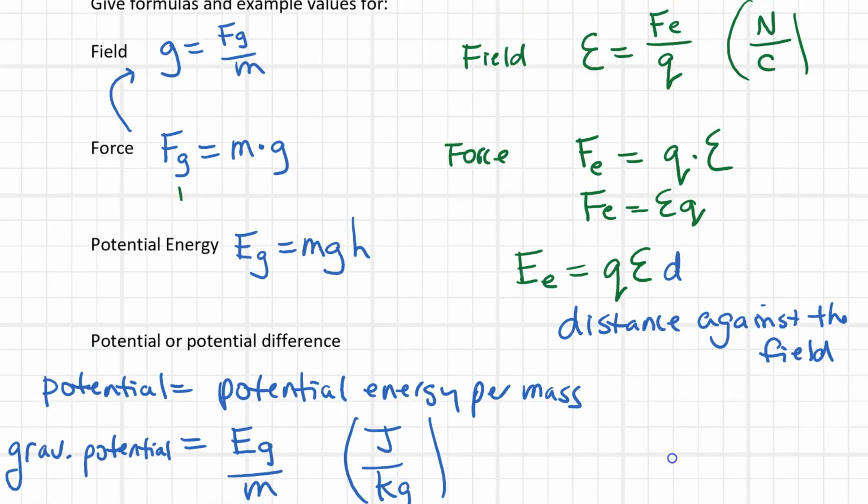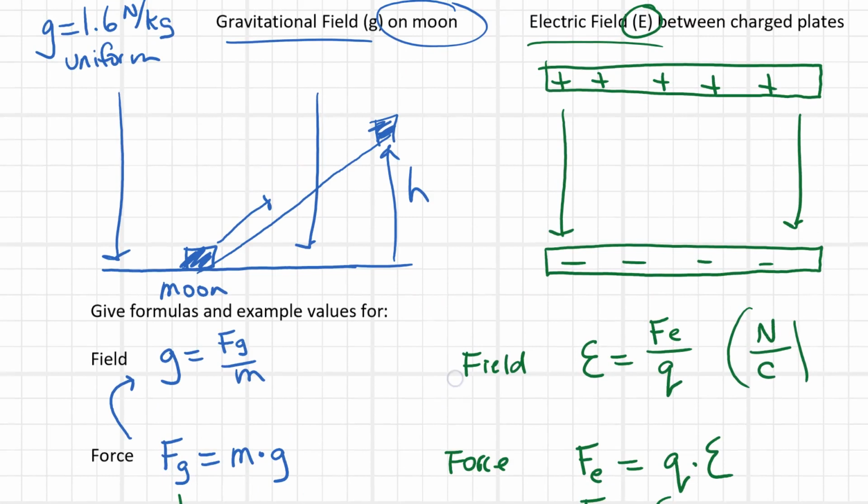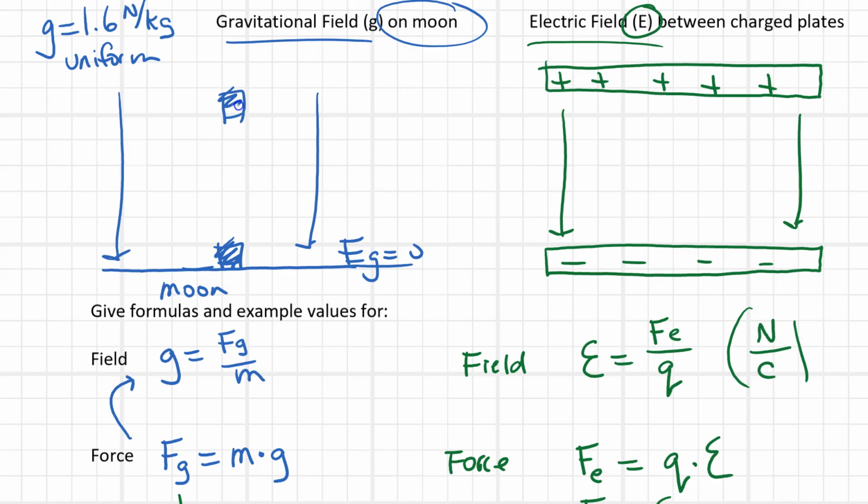So I'll clean up my diagram a little bit. If I put a mass here, I can calculate how much potential energy it has. Well, it would be 0 right there, so Eg would be equal to 0. If I went up here and put it up there, I could find out how much potential energy it has. It would be mgh. If it was, say, 2 kilograms, and I moved it up 1 meter, it would have some amount. The potential energy per mass